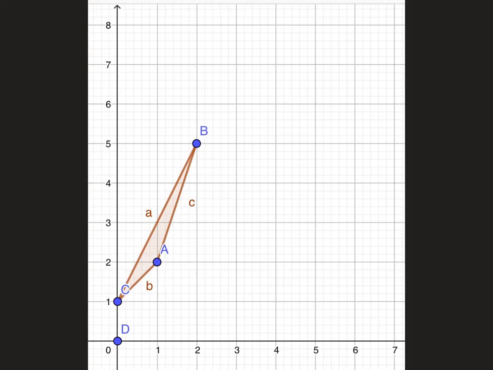So what we have here is a computer-generated image of this triangle that we've talked about. We have our coordinates (0, 1), (1, 2), and (2, 5). What we're really trying to figure out is what does it mean to dilate something? The idea is we're talking about dilating about the origin. It makes sense, we need a frame of reference if we're talking about dilation. We need a point to dilate about. We are increasing the size of this triangle, and if we're talking about a scale factor of 2 even,